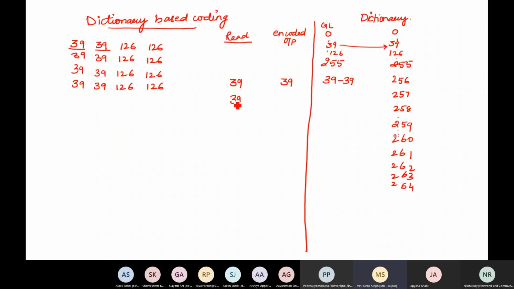So for now, I will search for 39. I'll search into my dictionary where 39 is and what is the corresponding code. I have two options. One is this and this is 3939. So I'll not use this because this is at my current step, right? I can use it after this step. So I'll not look into this, but only 39 is available with the code 39. So the output will be given as 39, right?